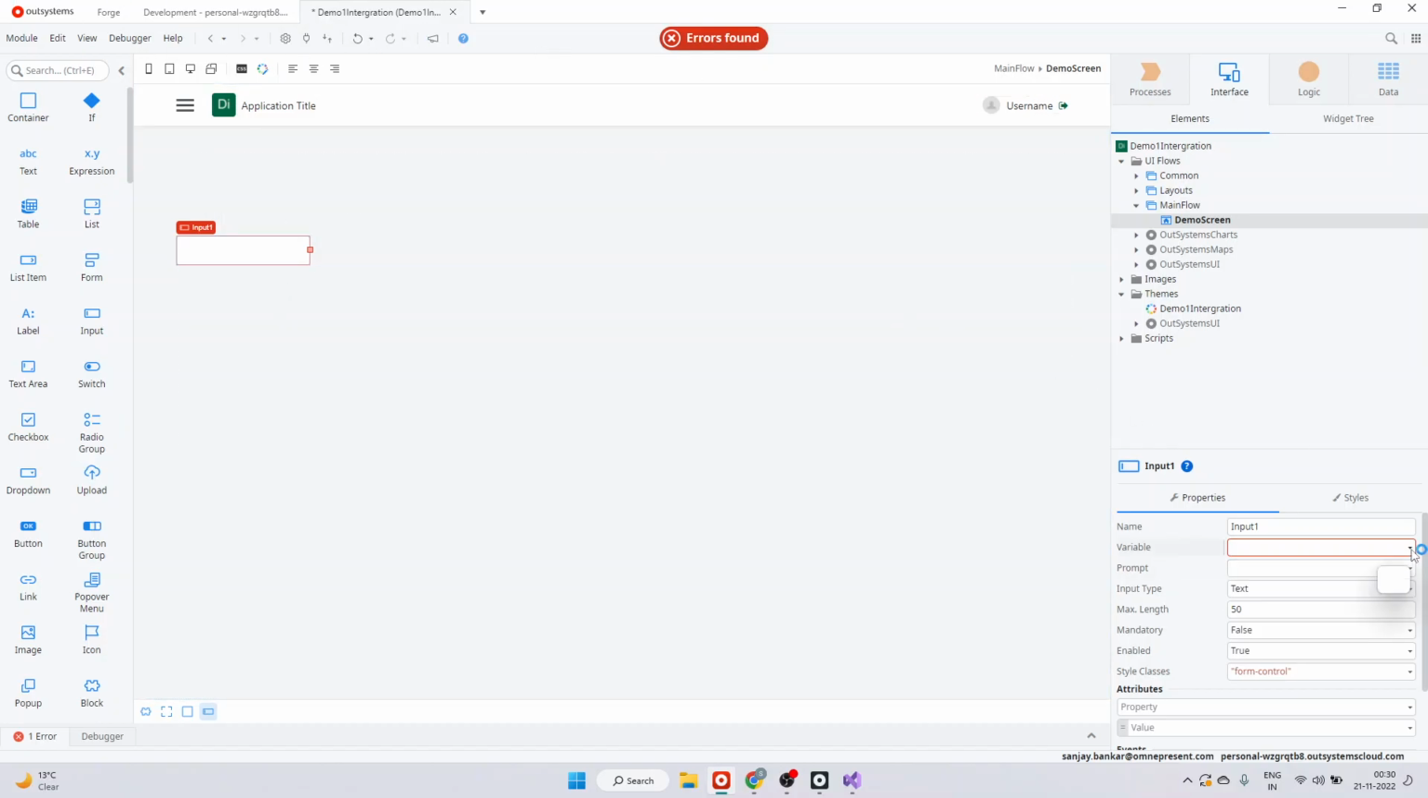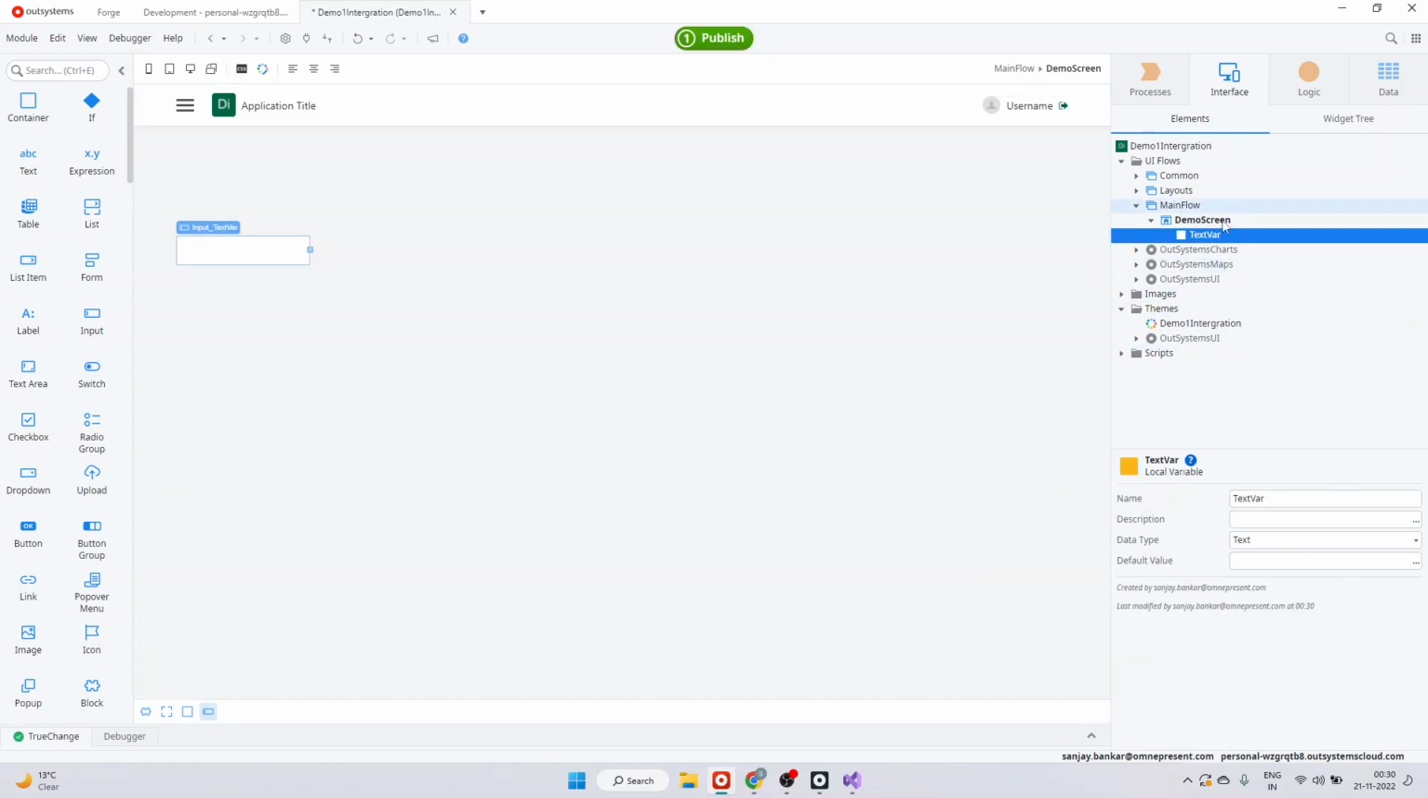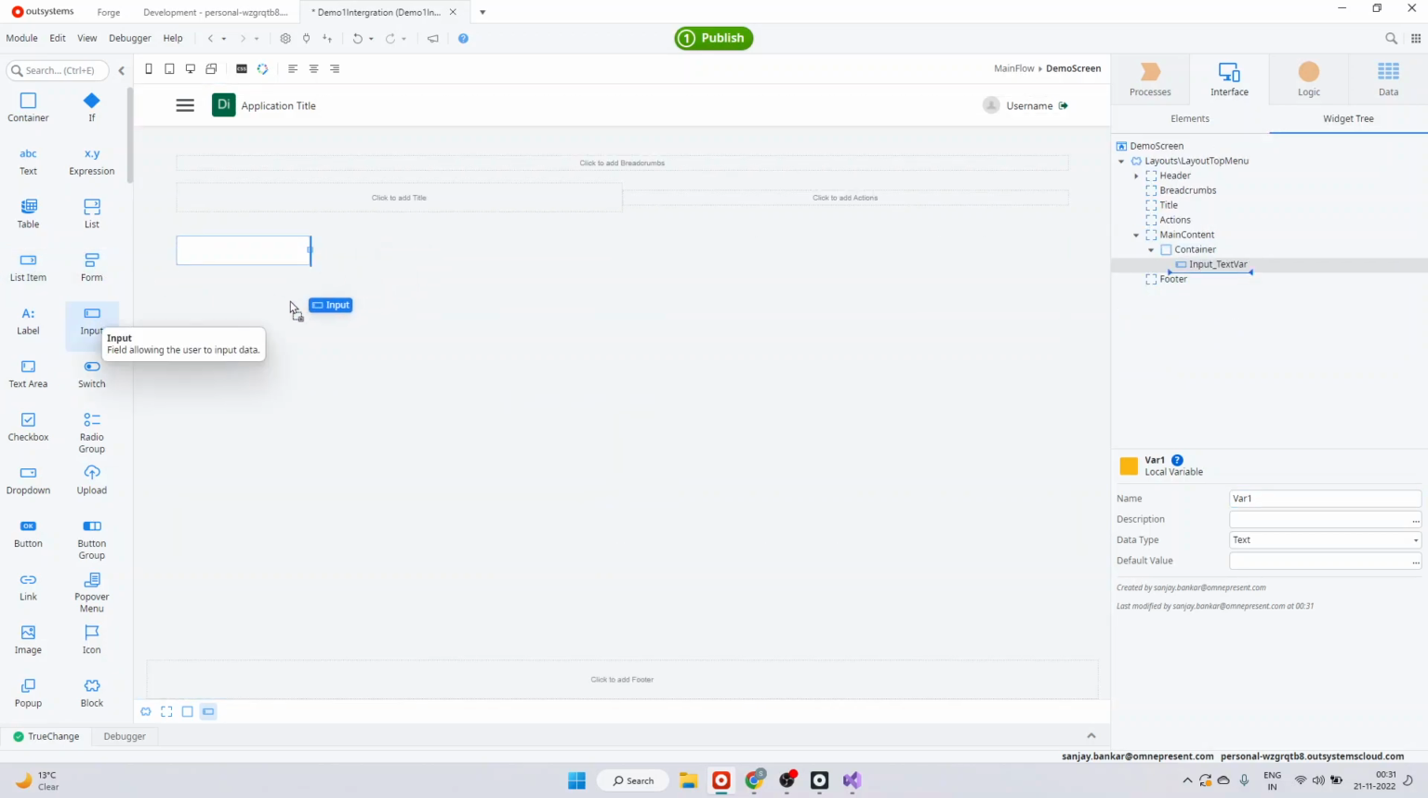We name that local variable, which will store the value we are going to accept using this input widget, as var1, right? And one more input widget will be required for accepting the